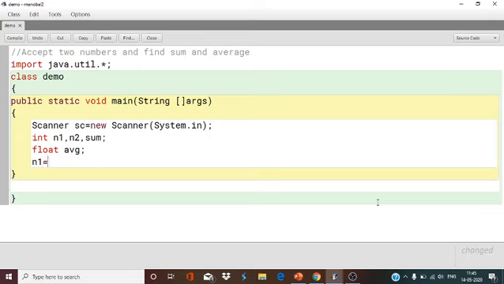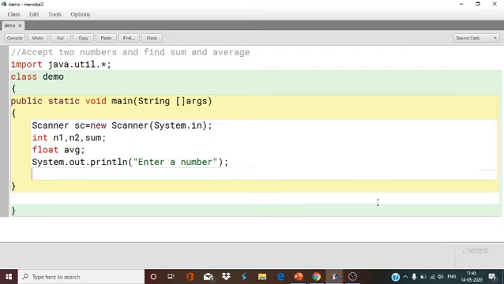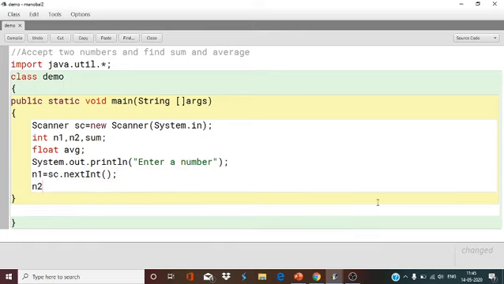So write the syntax System.out.println("Enter"). n1 equals sc.nextInt(), n2 equals sc.nextInt().